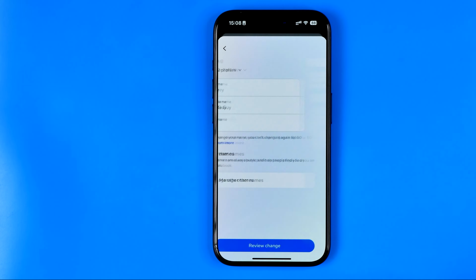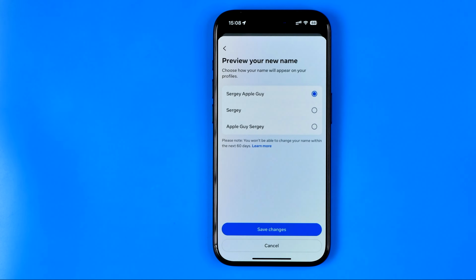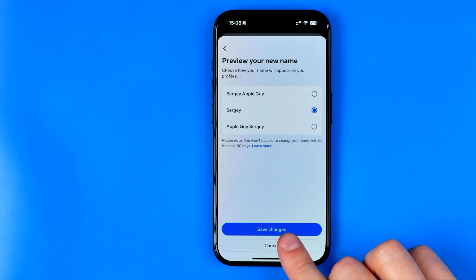to hit Review Change to head over to the next step where we need to choose the preview for our account. We can pick one from this list, and then to save the changes, just hit right here at